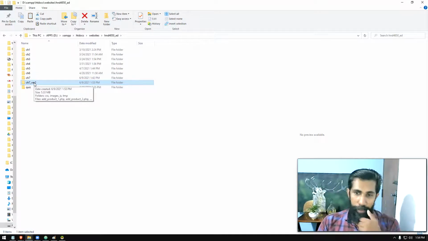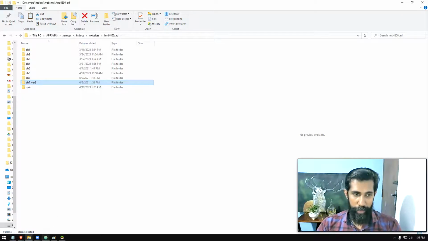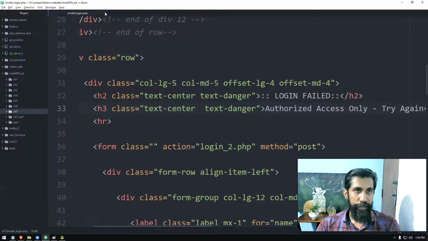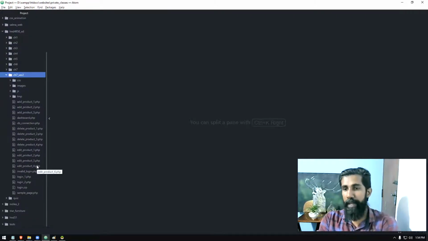So I'm going to do the database encryption part, sorry, the login part, encryption part, and sessions I'm going to discuss with you. So please do that part before you proceed with the other parts. Okay, right? So I'm going to continue now. Now see, I'm going to close these files. Now you can see my version 2 files are here, right? So I'm going to open that folder and here I'm going to work, right?